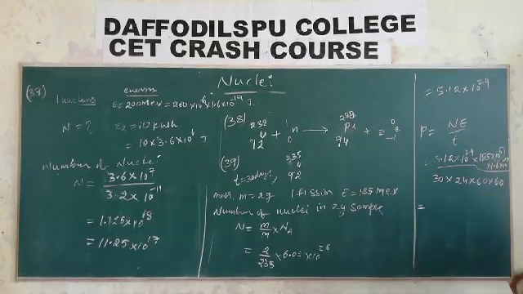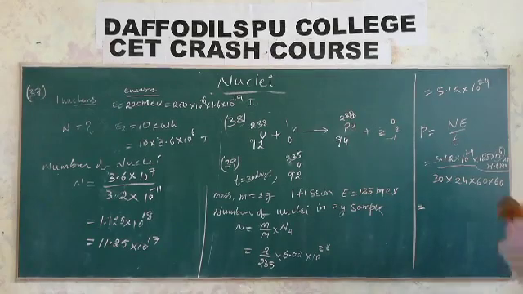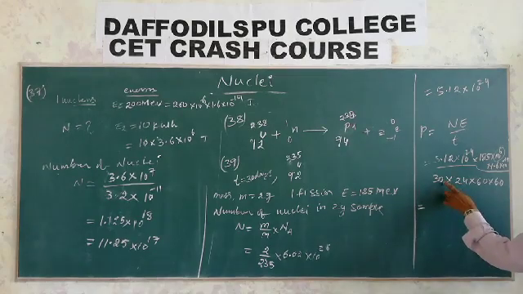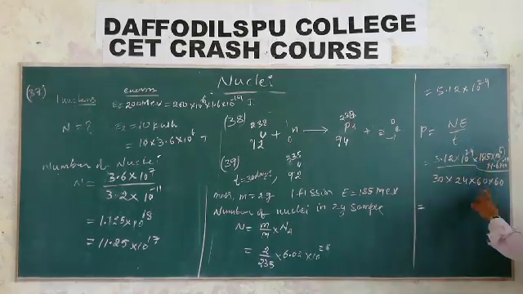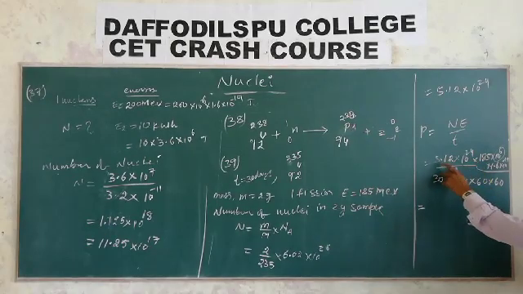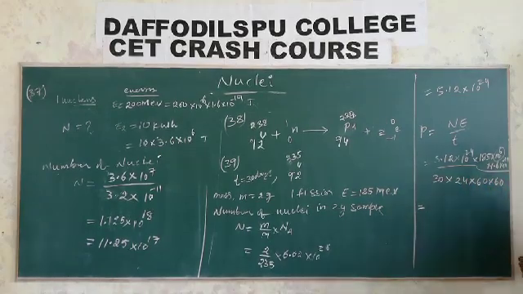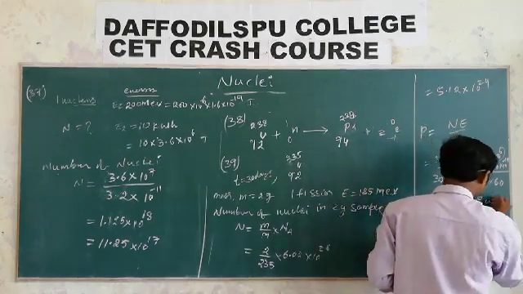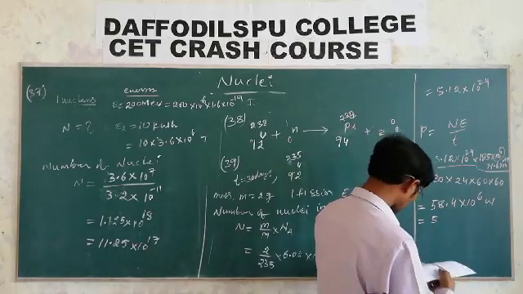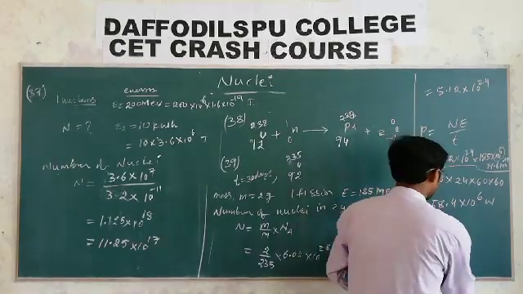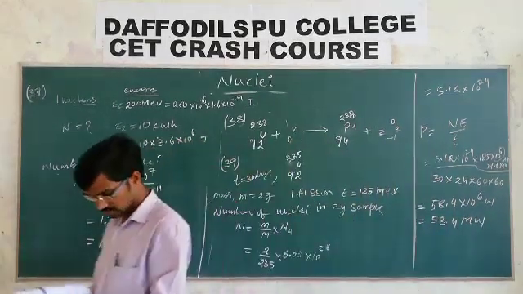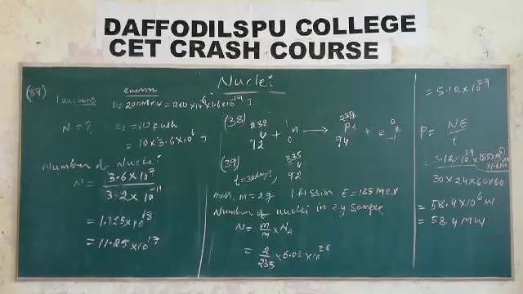Let me take 10 power 6 like that only. Now 10 power 24 into 10 power minus 19 gives 10 power 5. 10 power 5 by 10 power 3 is 10 power 2. So that is 5.12 into 185 into 1.6 by 3 into 24 into 36. And overall we get 58.4 into 10 power 6 watt. That means 58.4 megawatt, which is the second option.